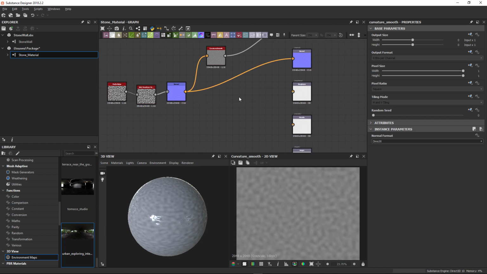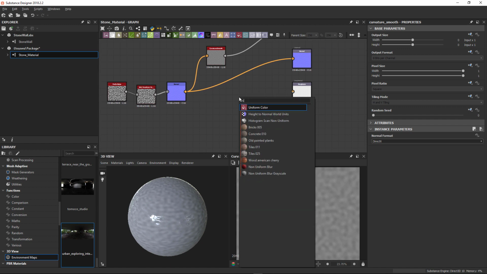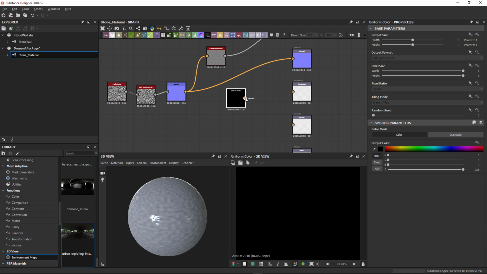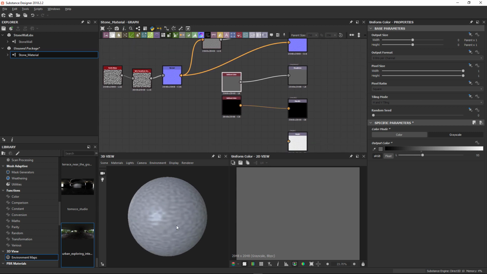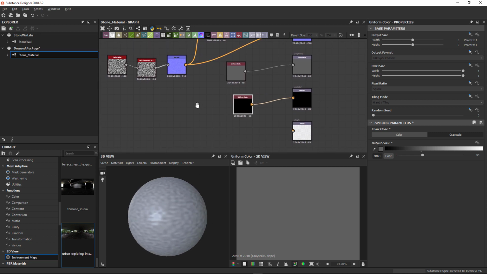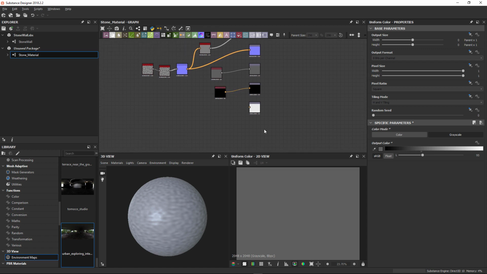The next thing I do is I go ahead and do a uniform color, and I pipe that into the roughness. I copy that, and I pipe that into the metallic. Now with the roughness, I do like to change this to have somewhat of a sheen, but the metal, unless I'm working on something metal, I just keep black. The final thing I do is I do an output,